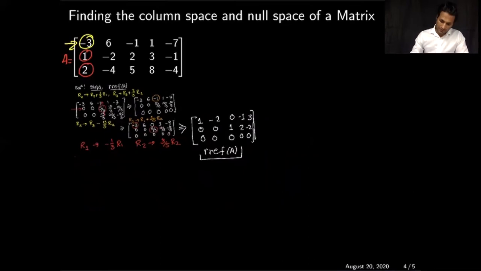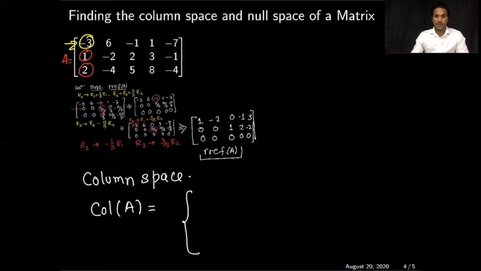So now we will calculate the column space. To calculate the column space of the matrix A, you need a special vector in this space. There are two special vectors, the ones which contain the pivot. The pivot columns are, so this is the column which contains the pivot and this is the column which contains the pivot. So column number 1 and column number 3, they are the two important columns which I place into my